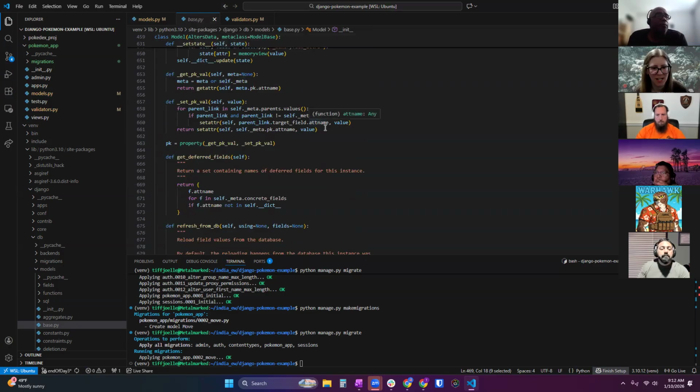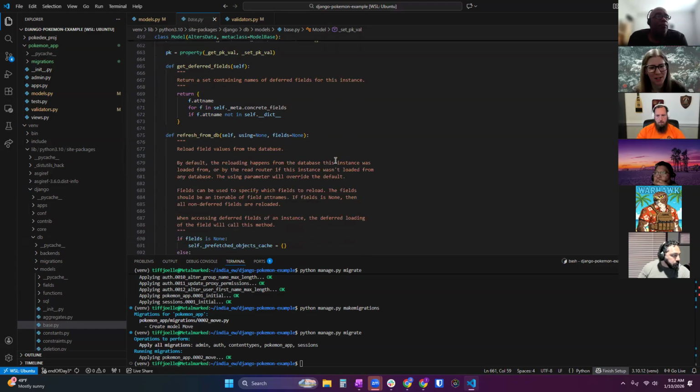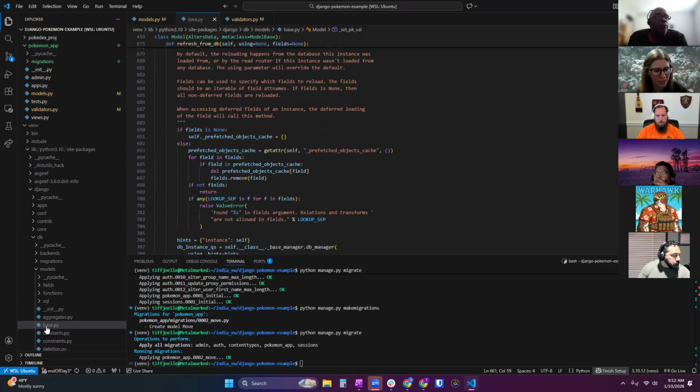Anytime I don't know something in a code base I'm working in, I look into the code behind the scenes, especially when troubleshooting. If you don't know the first thing about the application you're working in, you can look at the code and read it to get an idea of how you can troubleshoot it. As we can see, this is built into the Django library that we pip installed.